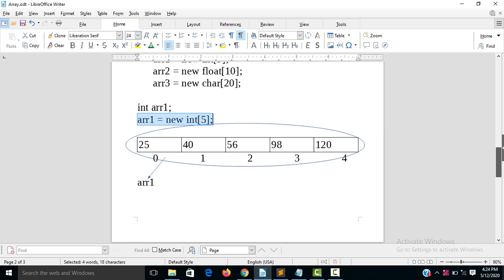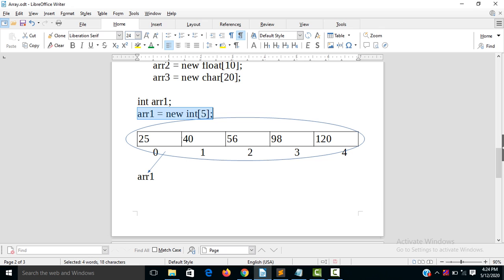So we can store the value using arr1 in this diagram.